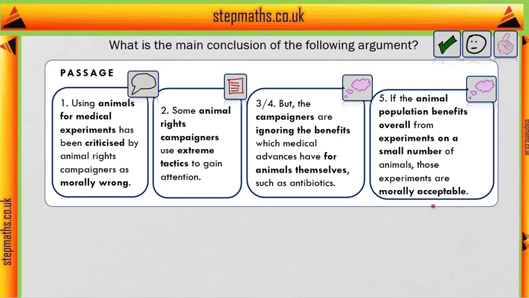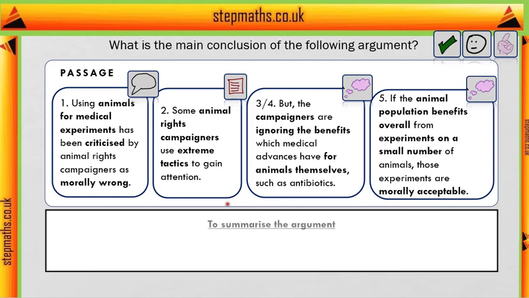So now typically comes the part where we try to identify the conclusion of this passage. I'm just going to give the warning that I don't think this question was well written. There was a mistake in how this question was written. It's not very clear what the writer's conclusion is, as written. We'll just try and summarise what's here, and then we'll look at the options and see what might be going on. We can ignore this part because it's just introducing the issue.